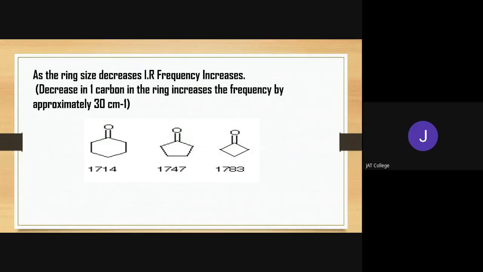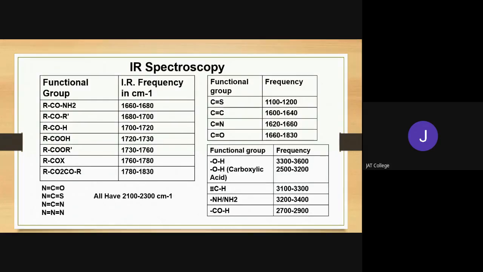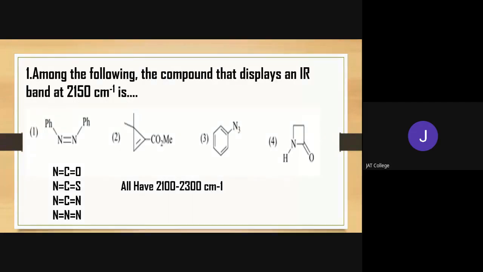Now, by getting this knowledge, you just have to remember the IR stretching frequency of some important functional groups, such as OH, NH, NH2. Then aldehyde carbonyl stretching frequency, C-H single bond. Then we have to remember all the carbonyl stretching frequencies starting from amides to anhydrides. Now take a look at the first question from IR spectroscopy. The question is, among the following, the compound that displays an IR band at 2150 centimeter inverse is